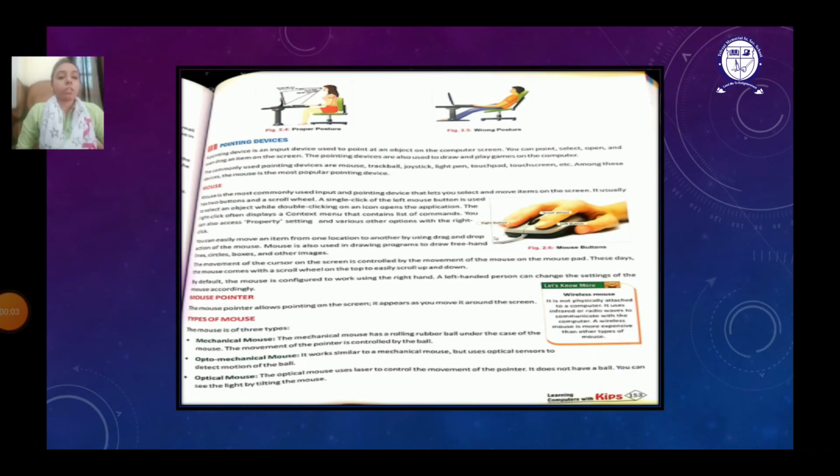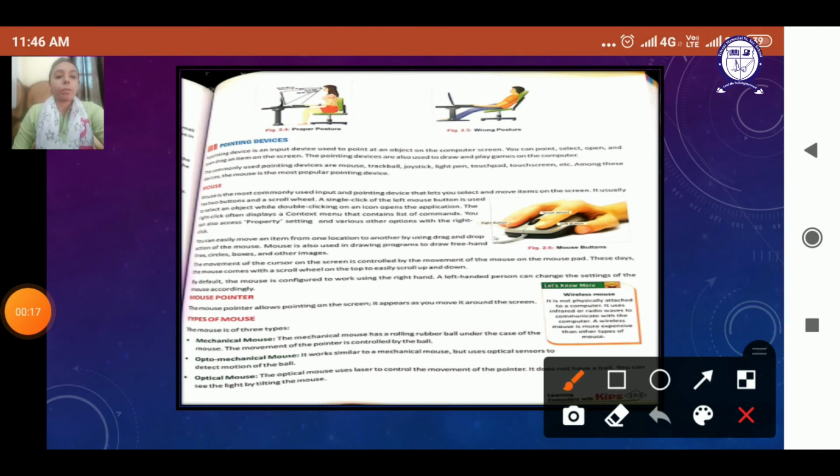So next we have the pointing device. A pointing device is an input device which helps us to point to an object on the computer screen. It can help us to drag any item from the screen. It can help us to point to or select any icon on the computer screen. Here we have the basic pointing device, the mouse. We have other pointing devices also like joystick and trackball. The mouse is a basic input device which is a pointing device and used to select and move the items on the screen.